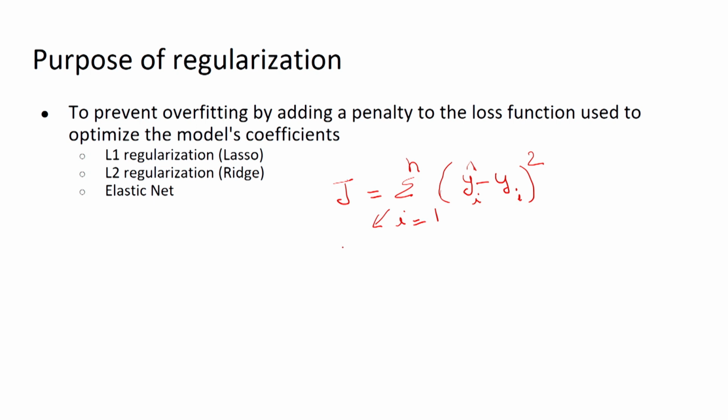In the same way, we can take any other cost function, like the summation i equal to 1 to n of the mod of yi cap minus yi. This is called the sum of absolute error, while the other is the sum of square error. We can use some other cost function also. What is the difference between these two? Generally we use the sum of square error because